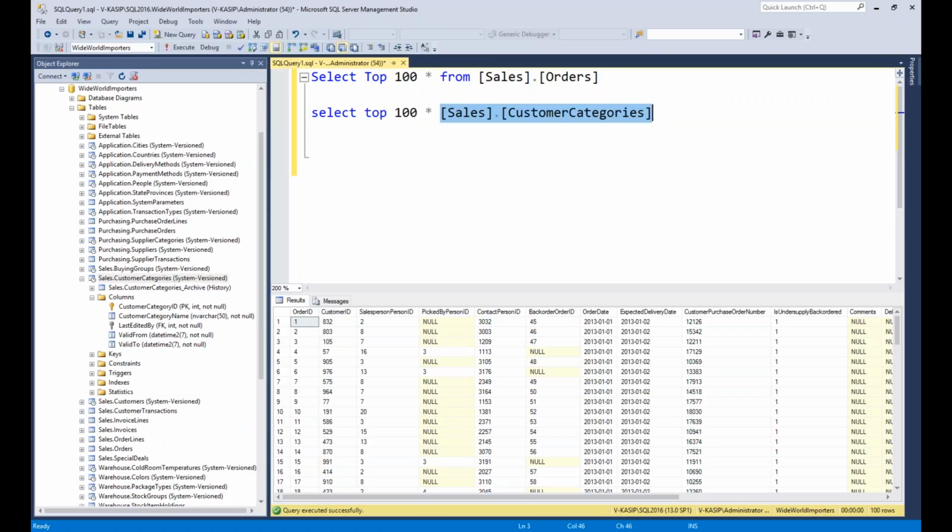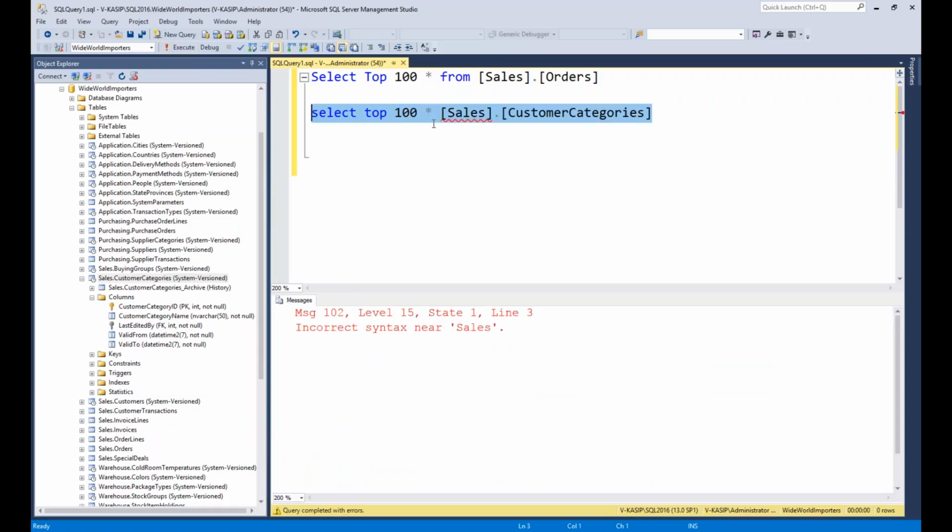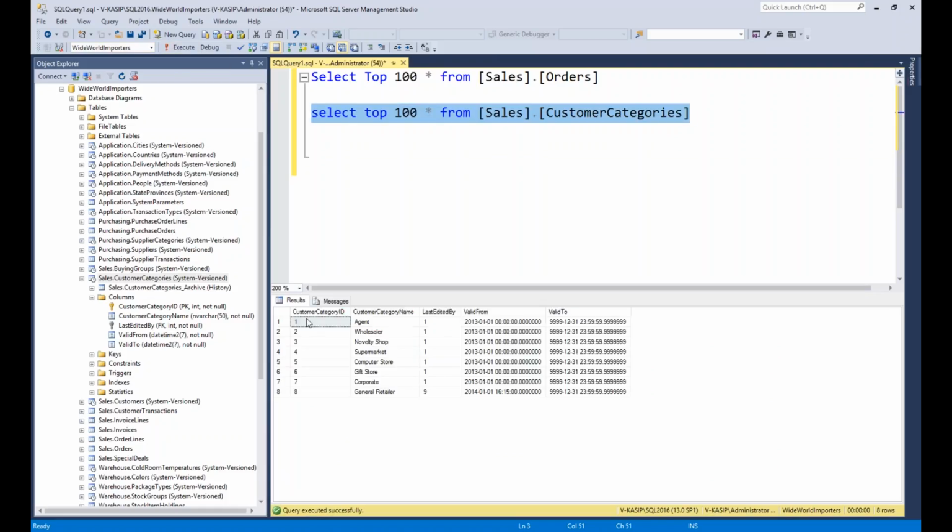As for this simple information, it shows that there are categories, and this category is valid from, valid to, when it was last edited, and what the customer category is. Suppose I see how these customers got categorized.